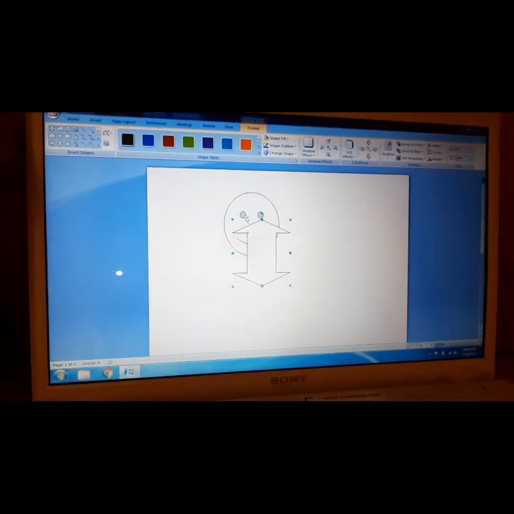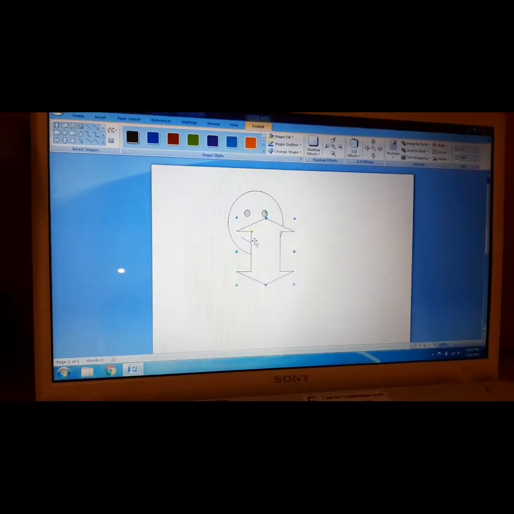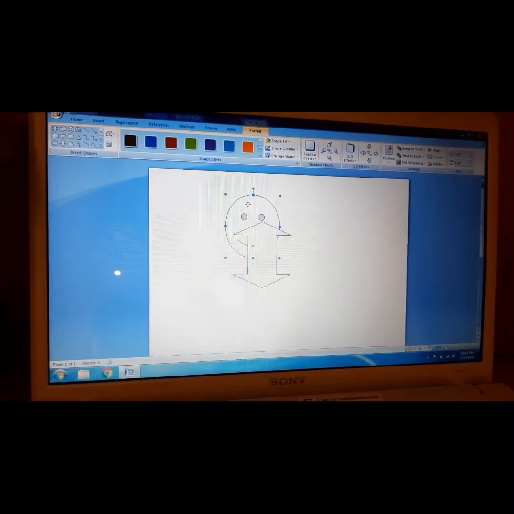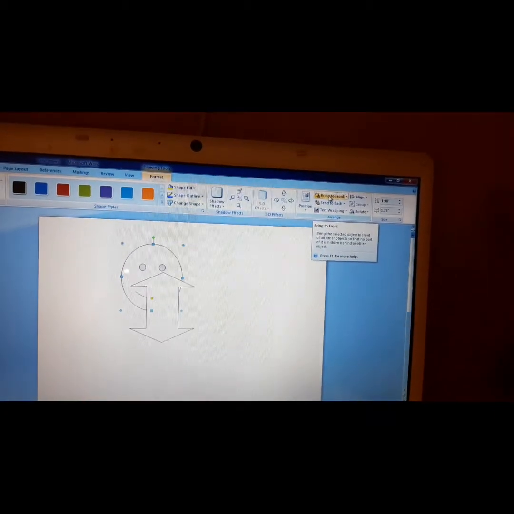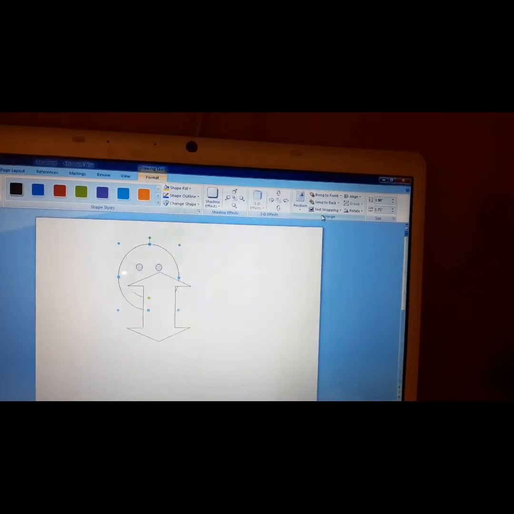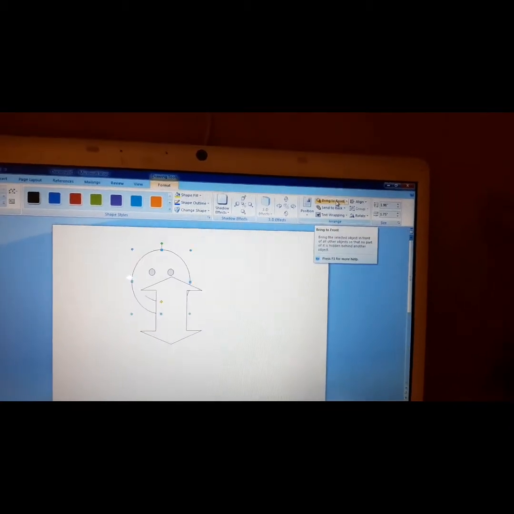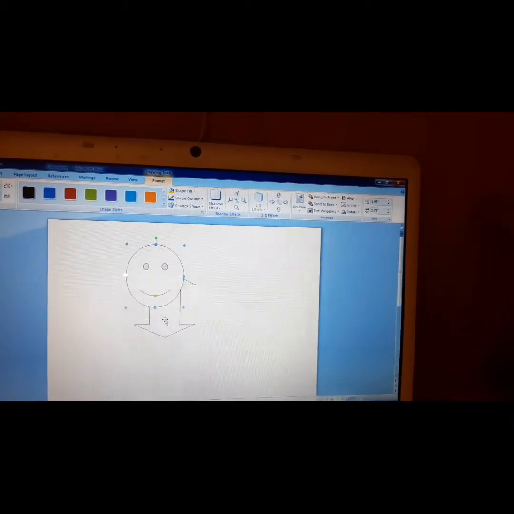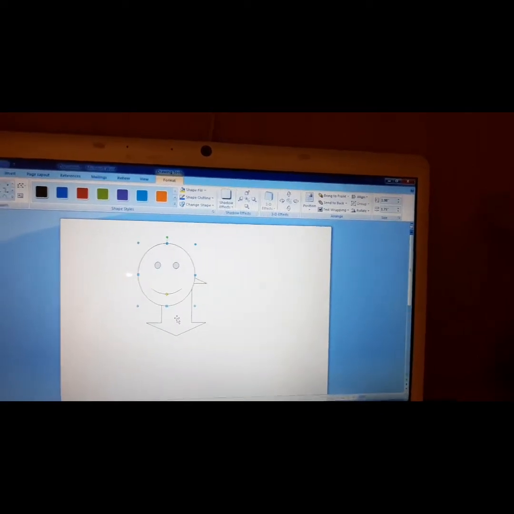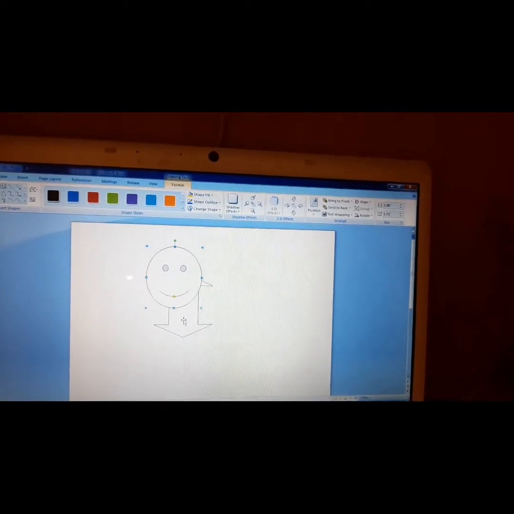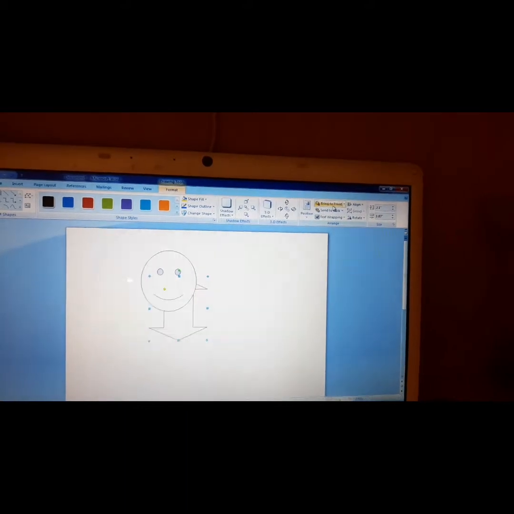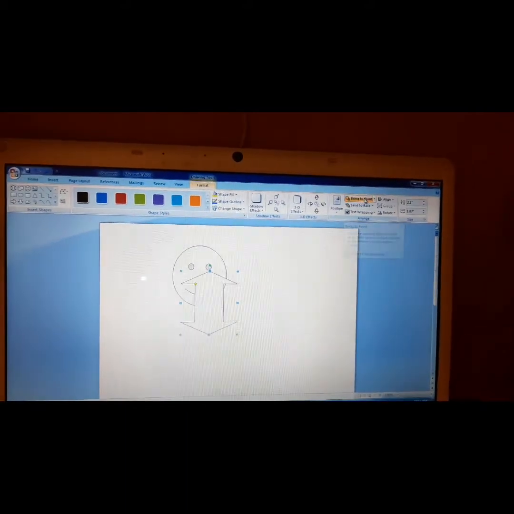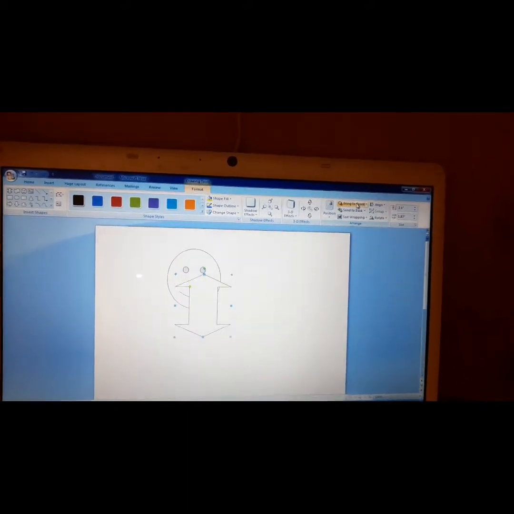If I want to bring this smiley to the front, what will I do? I will click on it and then go to Bring to Front. In the Arrange group, there is an option Bring to Front. So you can see that the smiley is here. Now if you want to bring this arrow to the foreground, then again you click on this arrow, then click on Bring to Front, and the arrow will come in the foreground.